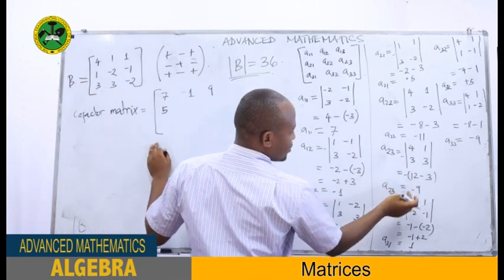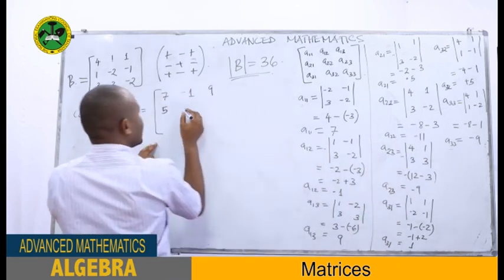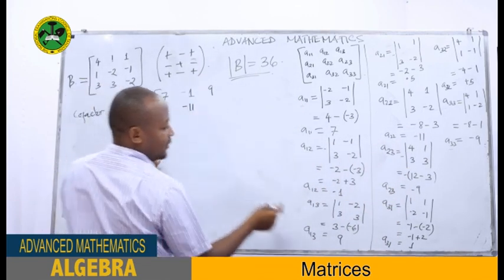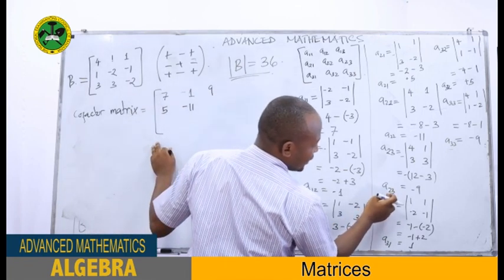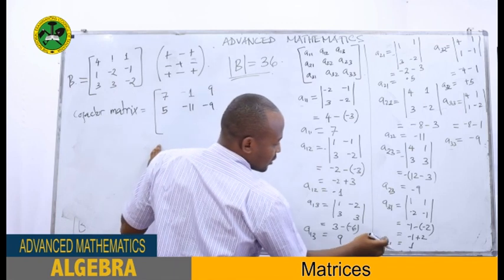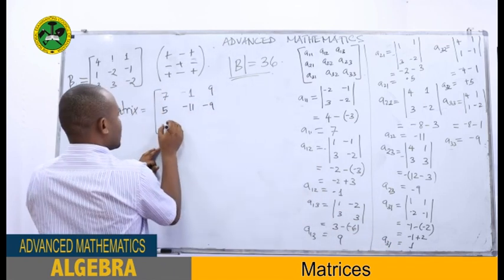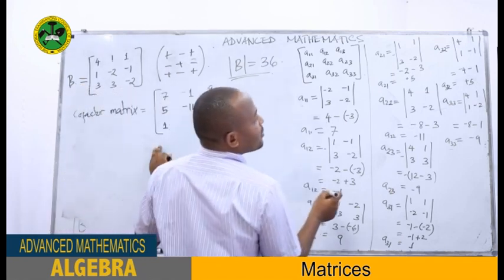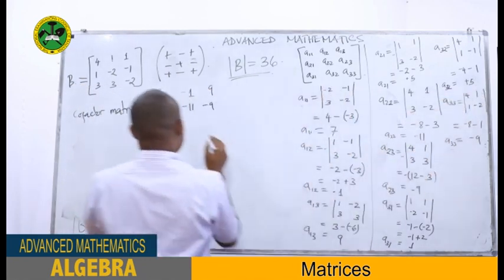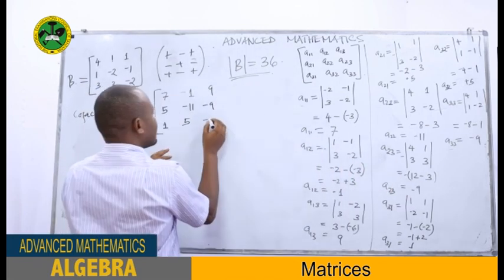At the position 2, 2 is -11. At the position 2, 3 is -9. At the position 3, 1 is 1. At the position 3, 2 is +5. At the position 3, 3 is